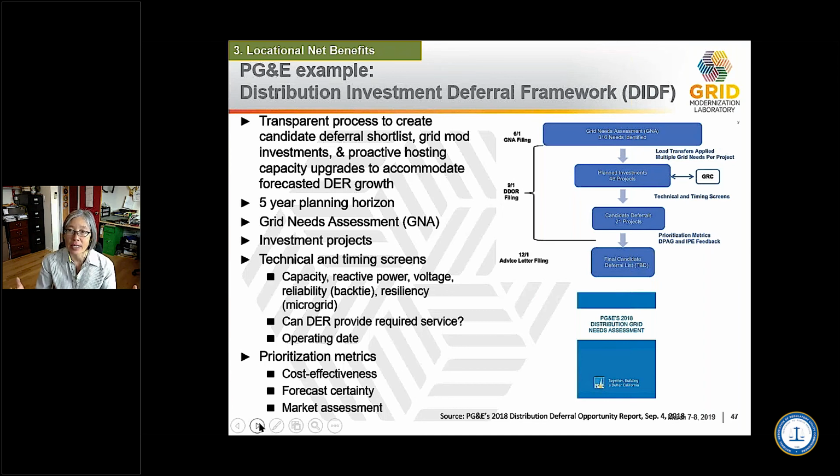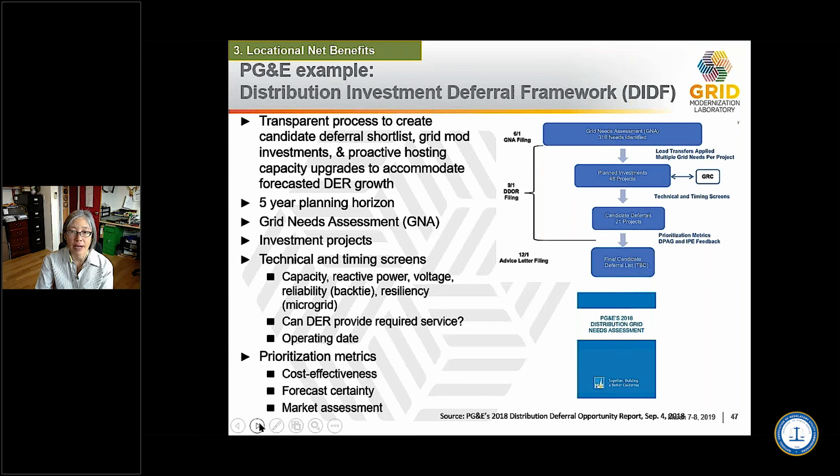And this grid needs assessment takes the form of a big spreadsheet that they submit to the PUC, and from that grid needs assessment, they develop projects from these needs. And one project might be able to address multiple needs, and these are their planned investments. Then they look at,